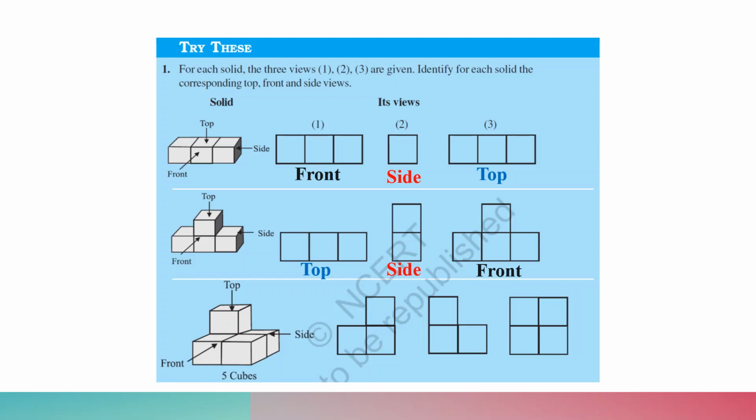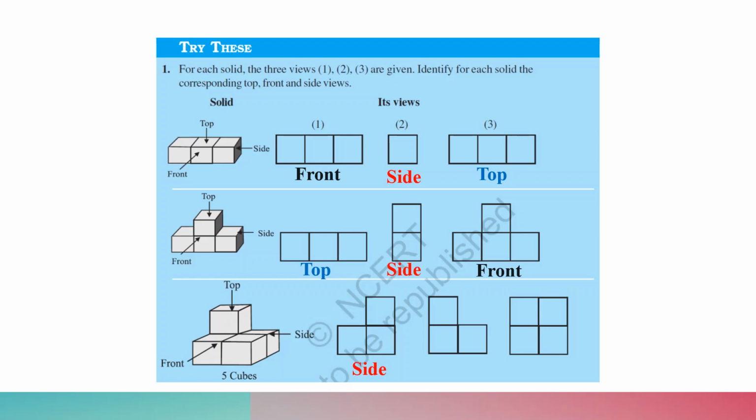Another one, let's take the last example which I have taken over here. So altogether you can see there are 5 cubes, but in no way will you be able to view all those 5 cubes together. The first one depicts its side view. Look at the bottom. In the bottom you will see 2 squares, and above it there is 1 square which will be visible from the side. Whereas if you see it from the front, below again you will get 2 squares, and above it there will be 1 square.